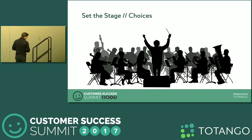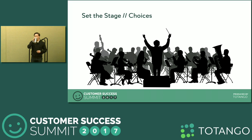To set the stage for this, I'd like to tell you a story that's actually a true story from my childhood. It's about choices, or the lack thereof. So again, if we're talking about internal employees and the tools that they are required to use, you don't necessarily have a choice in what that tool is. If you're on an accounting team, you don't have a choice but to use SAP because that's what your company relies on, just for example, and how that shakes out. So